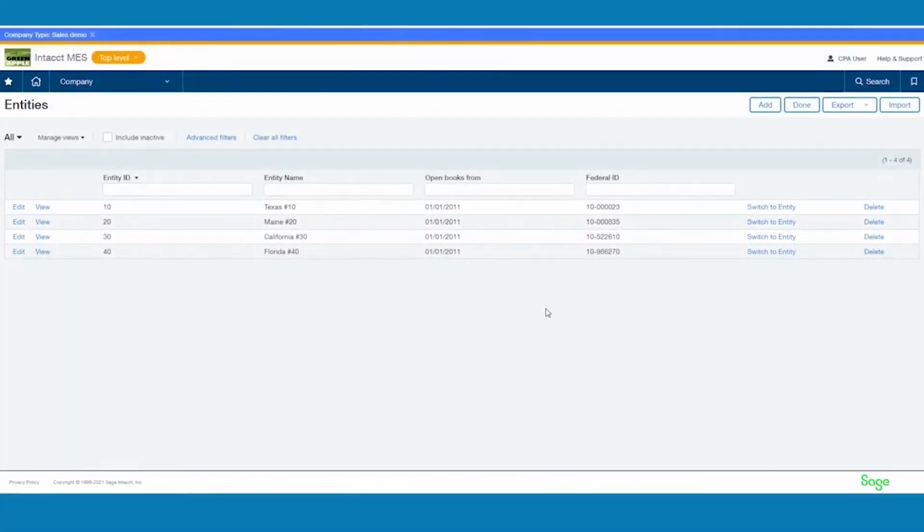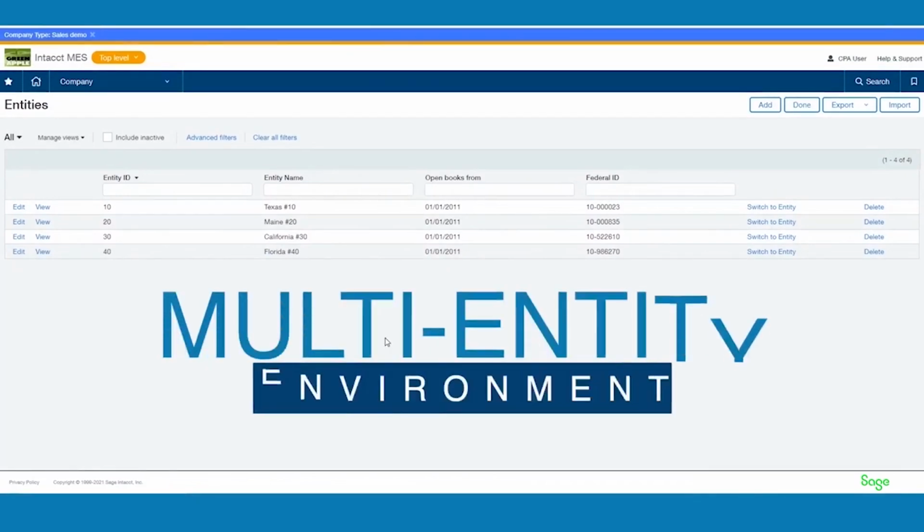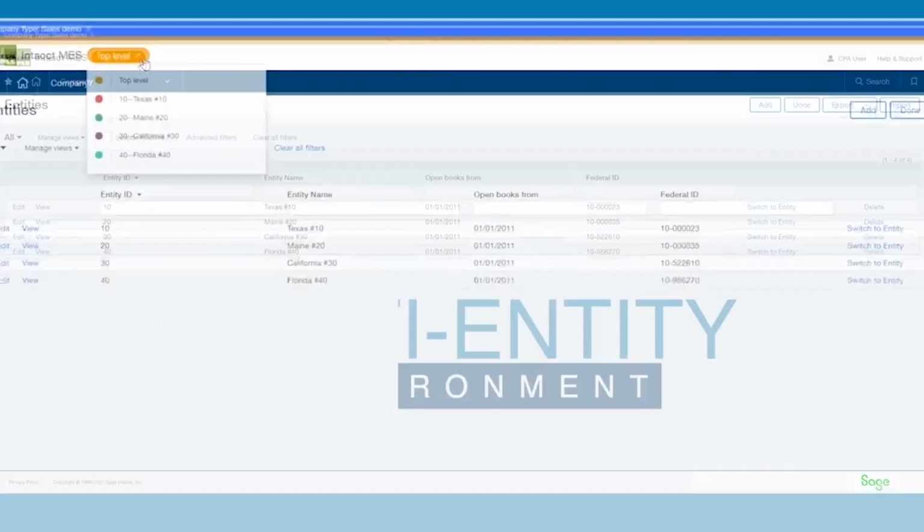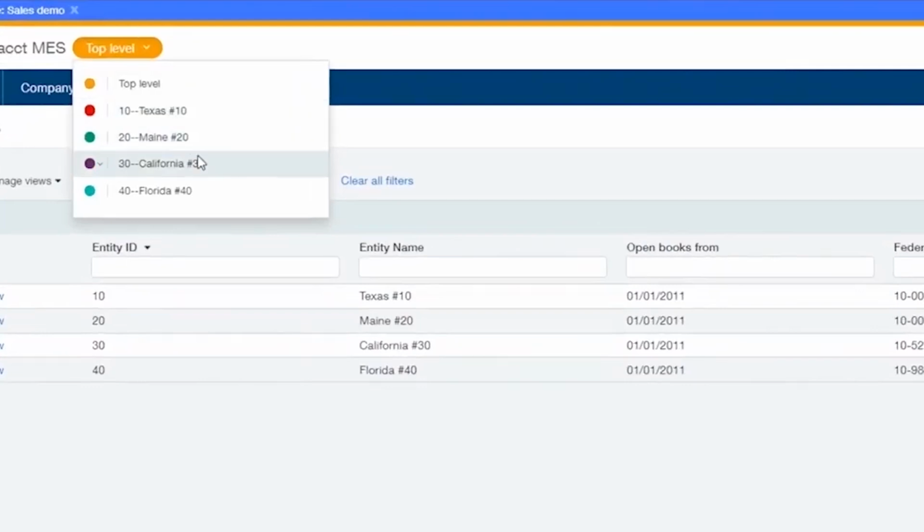I'm Matthew Frampton. I'm a Sage Intacct implementation consultant with Vision 33, and today we will be discussing a multi-entity environment within Sage Intacct. As you can see from the top level here, there are multiple entities available to be